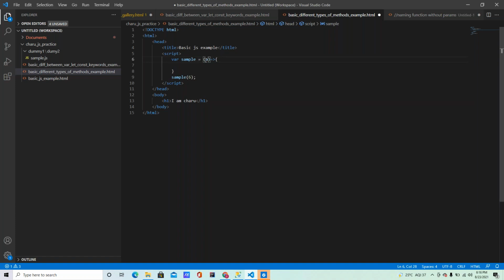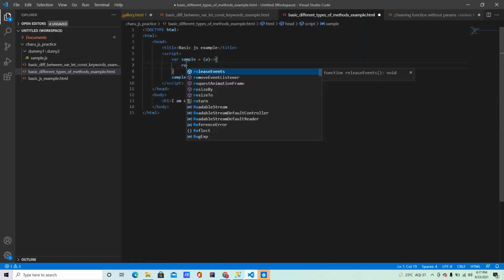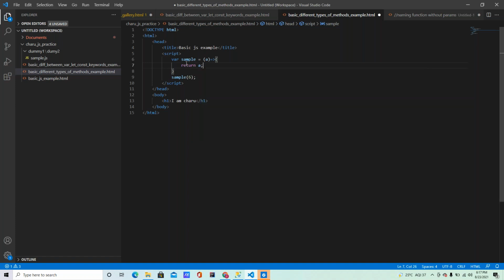Whatever value I'm getting in the parameter, I want to return that value. I'm sending only one value, and since I am sending only one value, I have mentioned only one parameter. Whatever parameter I'm getting, that parameter only I am returning here.